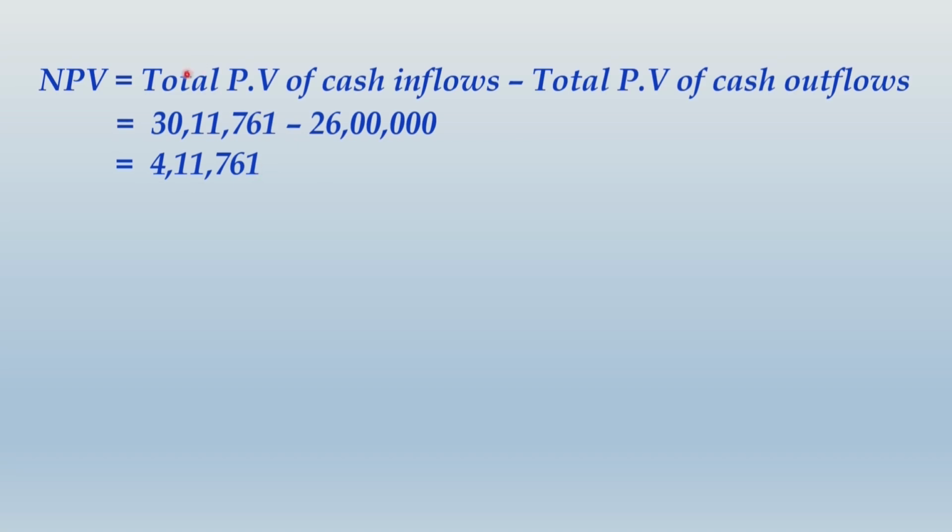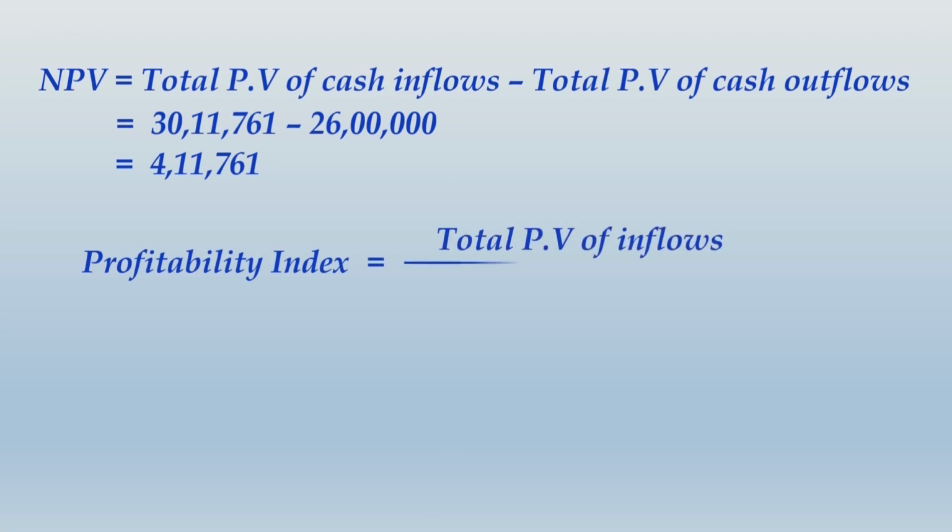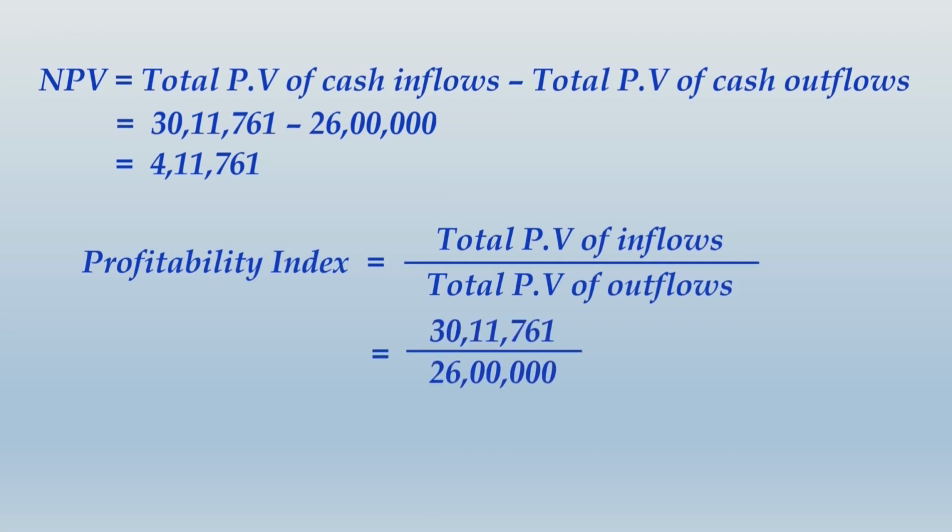Now can you notice one thing, once we get these two figures, total PV of inflow and total PV of outflow, their difference will be identified as NPV. But if you take the ratio of these two factors, total PV of cash inflow divided by total PV of cash outflow, that will give you what? 30,11,761 divided by 26 lakhs. That ratio is called profitability index. Total PV of inflow divided by total PV of outflow, that is 30,11,761 divided by 26 lakhs, and that gives you